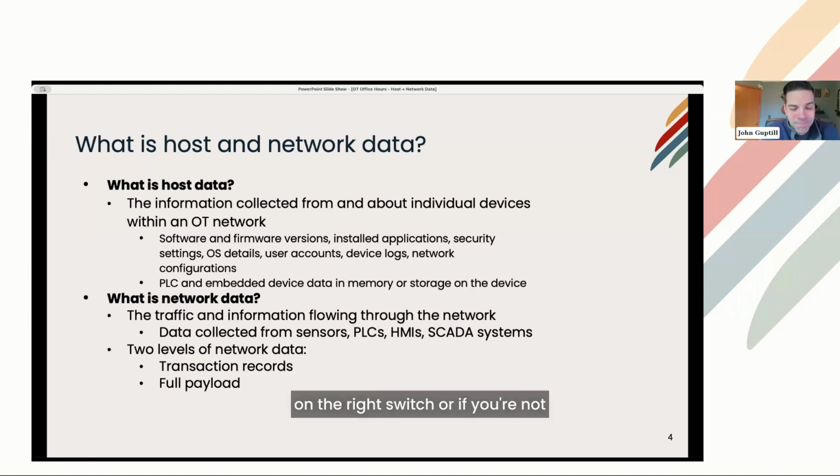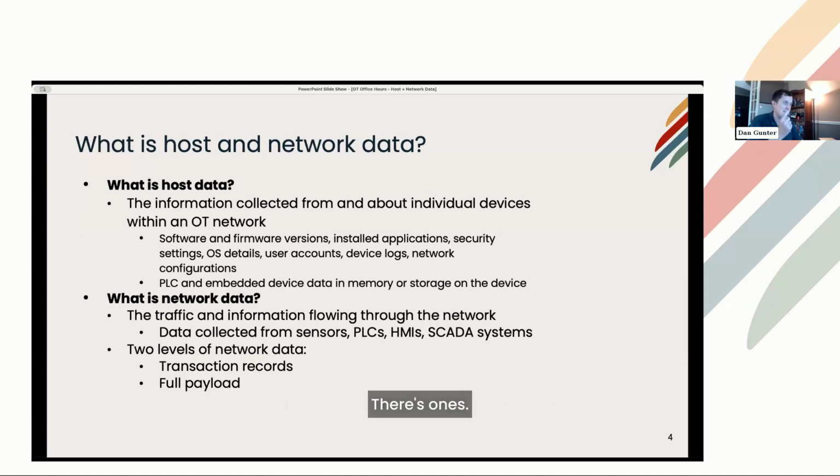Where again, if you're not on the right switch or in the right area, getting it that way is challenging. So there are solutions that can probe. We also can probe certain protocols if an app owner chooses to do it. That sounds like your Modbus, give me your identity, or EtherNet/IP. It's generally one protocol. It can be sent to a device or sent via broadcast. It's how the HMIs and PLCs and everything else, and even some of the software, respond to that. And then a third way: you'll see ways that are parsing it out of config files, out of firmware, out of EDS and other files that go across the network.